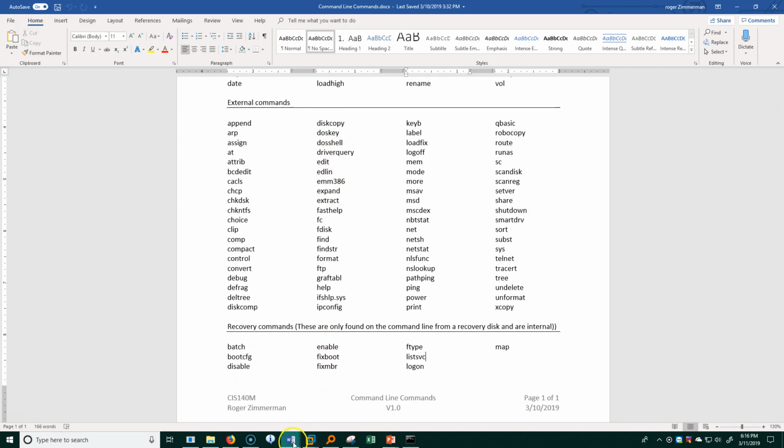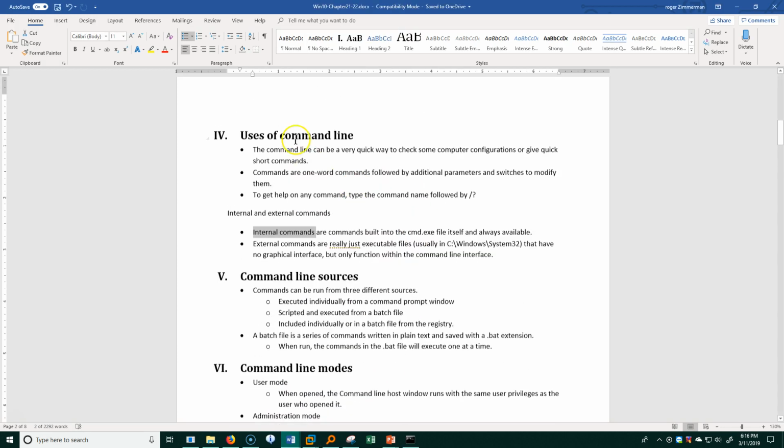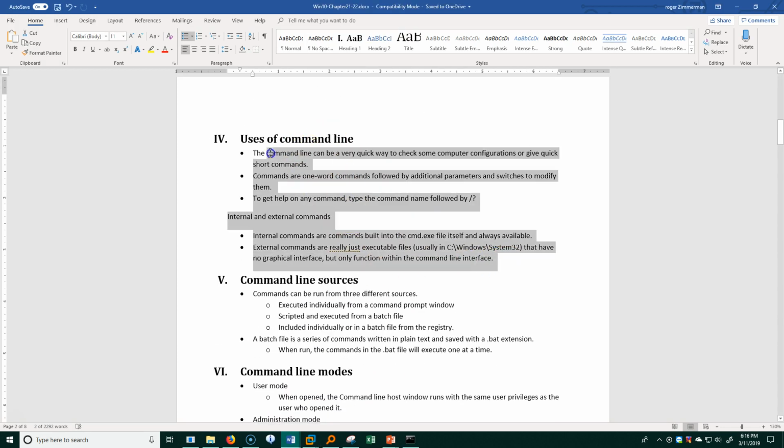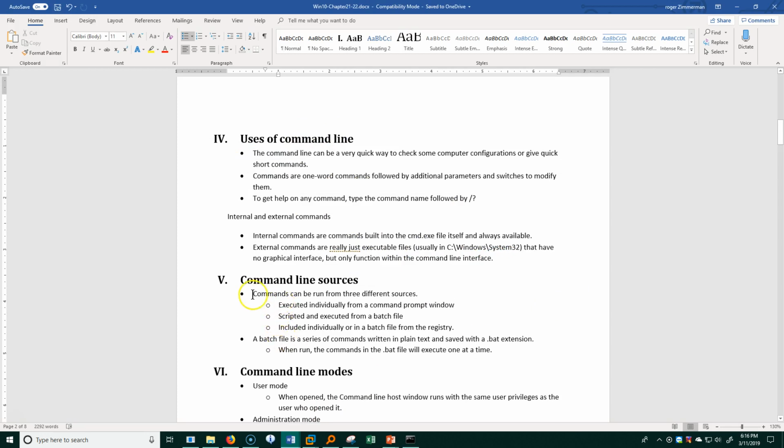Well, that's about it, I think, for how we use these commands. And we'll come back a little bit later and we'll talk about the command line sources in